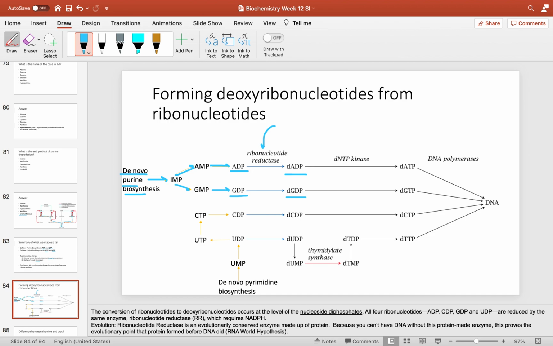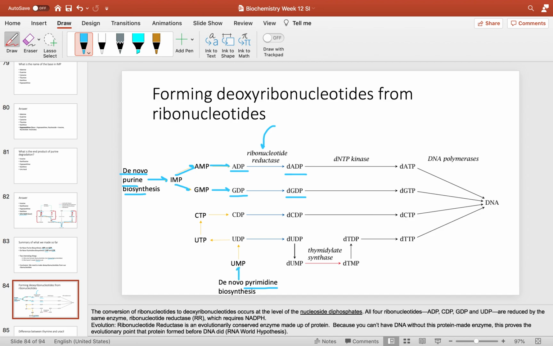So that's why we can't have ATP or GTP enter. It has to be ADP and GDP. So what this does is it'll cleave off that hydroxyl on the second carbon of the ribose sugar, so you're left with the deoxy forms. Similarly, for the de novo pyrimidine, remember we undergo the CAD and all those other steps